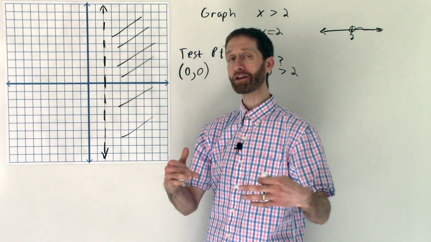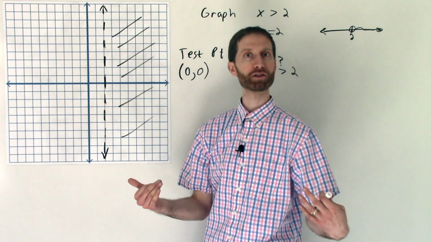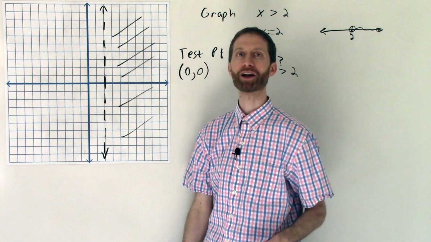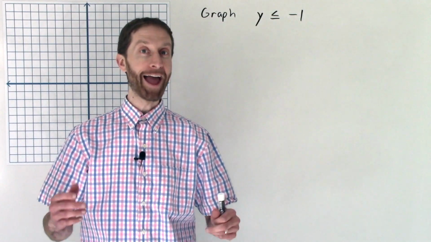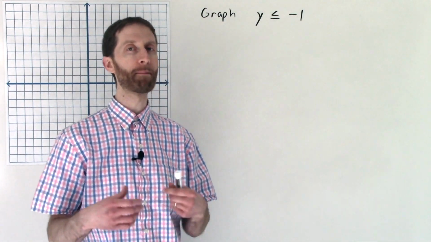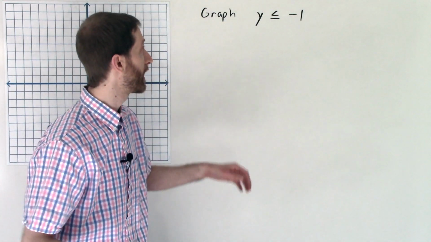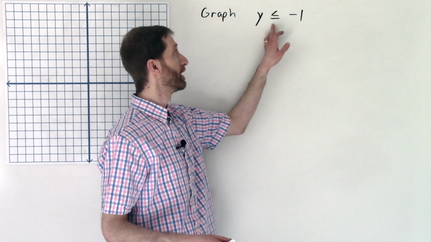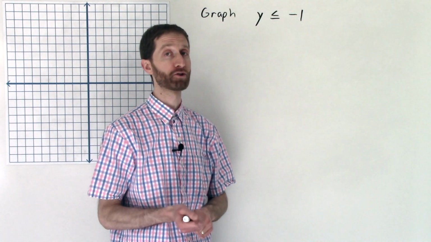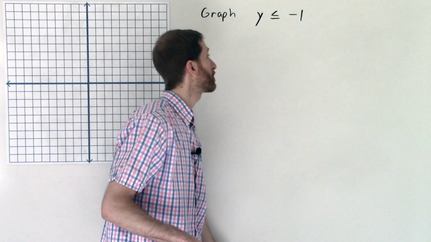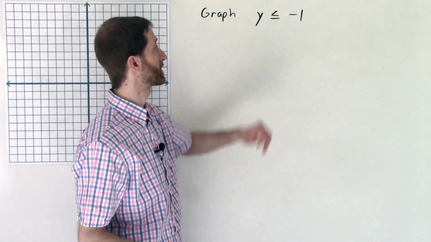On the other side of the video, what to do when we have a horizontal line as a boundary. You'll rock it. And here we are on the other side of the video, about to go over, as promised, how to graph a linear inequality that involves a horizontal line boundary. Let's check it out. So we are told that we need to graph y is less than or equal to